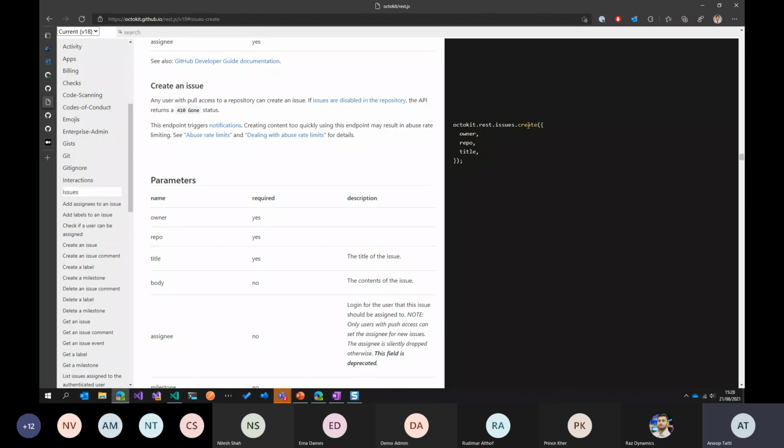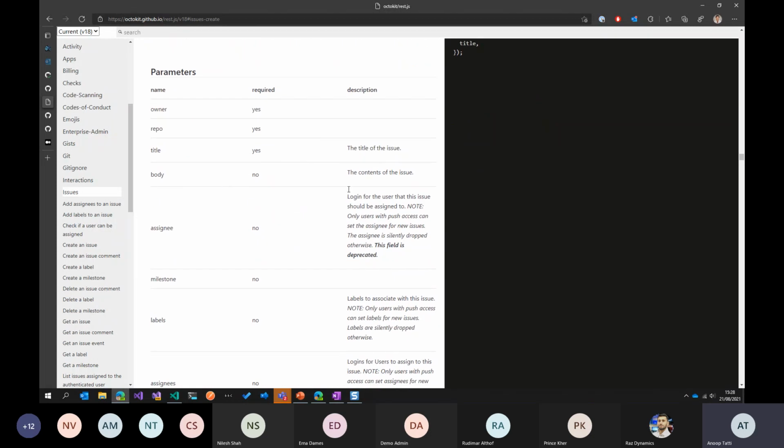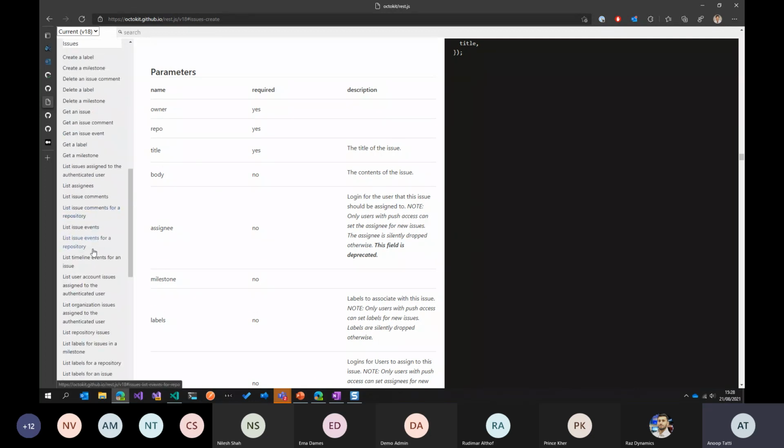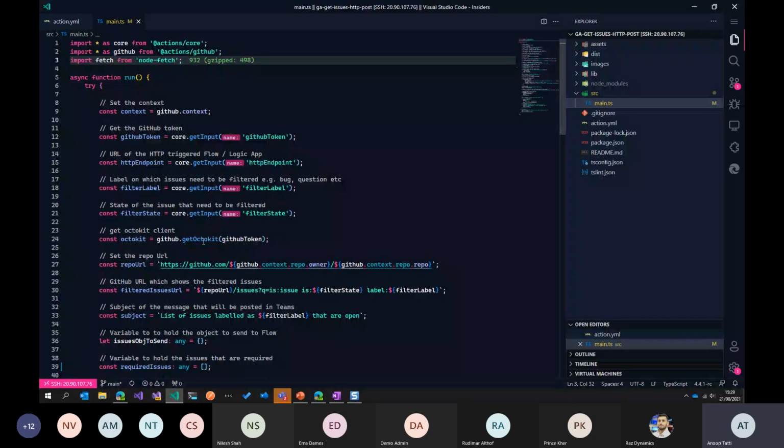So it says issues.create, and then we pass on the owner, the repository, and the title of the issue, and then we can also pass all these other details. So this OctoKit, it's quite detailed. We can use various functions from this in our action. So now if I just go back to the code of the action again,